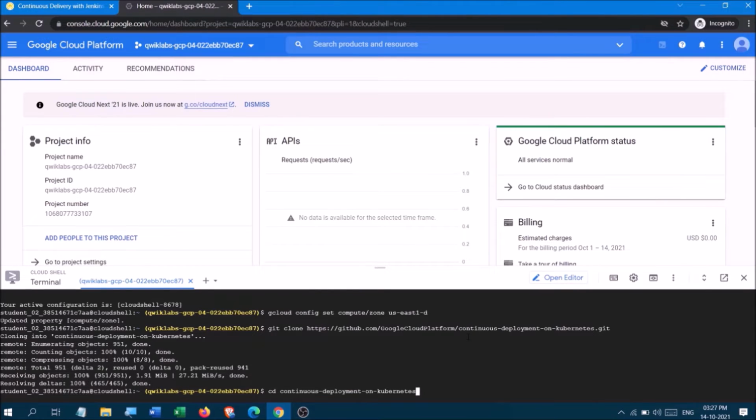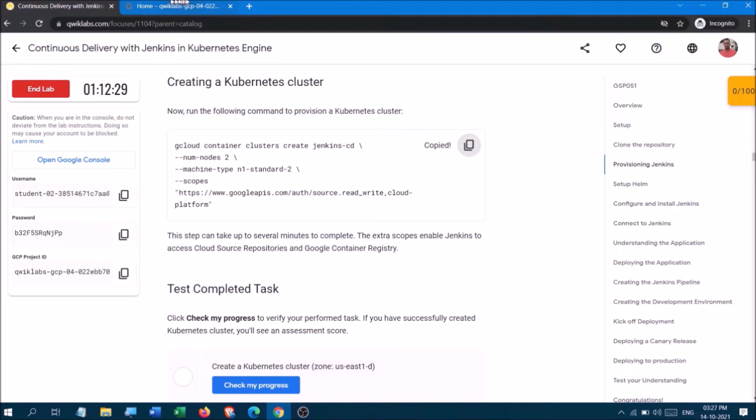Now we are going to create a Kubernetes cluster. It will take some time, and it will allow us to enable Jenkins, with an extra scope to allow Jenkins to access the cloud resources and the container registry.